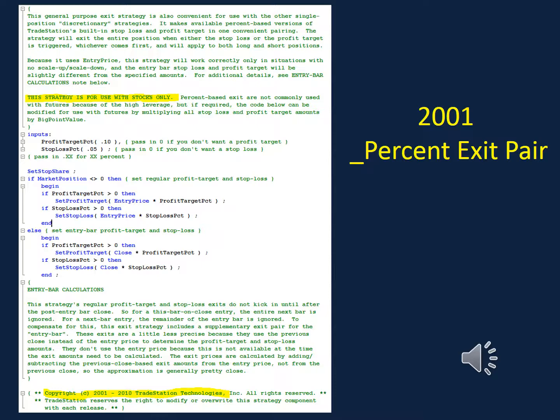So by doing this, BarNone has none of this included. Then you can insert under it either the stops and targets, or you can insert the percent exit pair if you want to use a percentage target and a percentage stop on the position. And it's only for stocks, but there are a lot of guys out there who like to use ETFs and stocks, and so that's why I did it. But let me give you the solution.